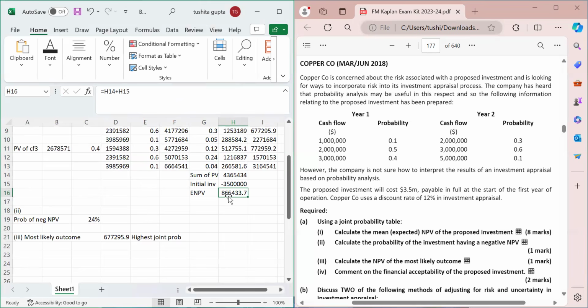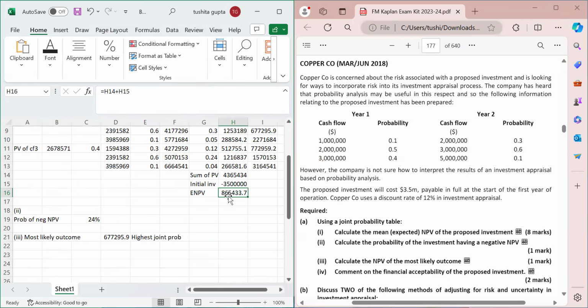But when we calculate the expected NPV, it is not a value which will definitely be occurring, because this is just a mean, this is just an average. So there is no specific decision rule when it comes to the expected NPV. So you will mention in your comment over here that the decision whether you should consider this project or not should also be based on the probability or the risk.